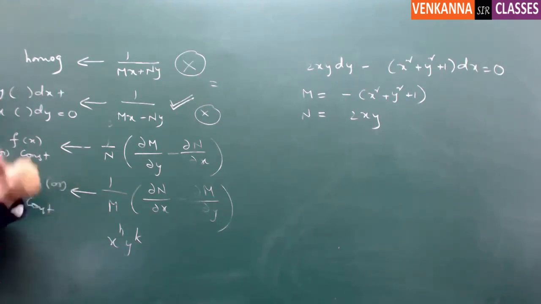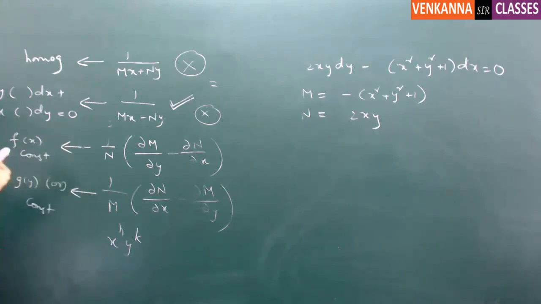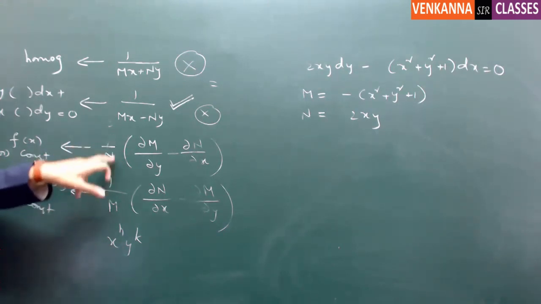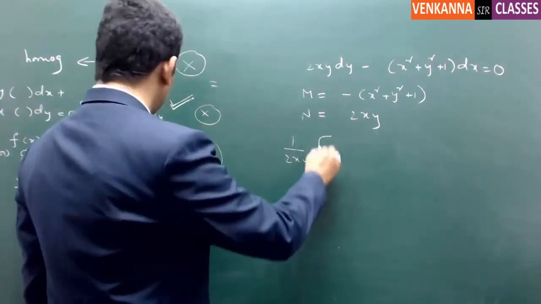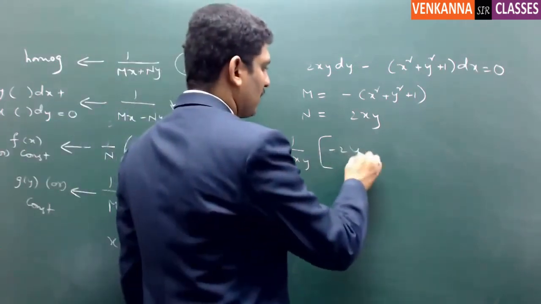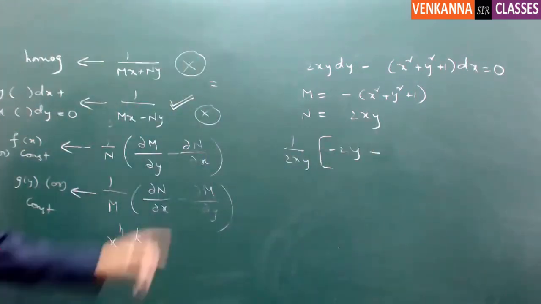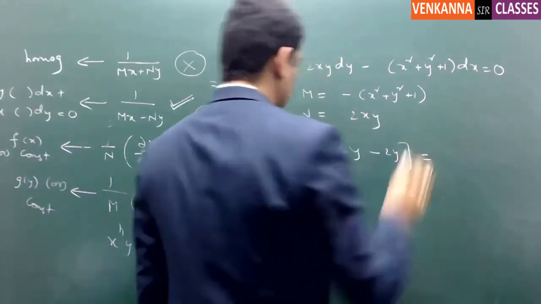Then e power integral, that value is nothing but our integrating factor. Is my voice clear to everyone? Now, if I start with this one, 1 by N into, so 1 by 2xy into dou M by dou y minus 2y minus dou N by dou x 2y. So this will be